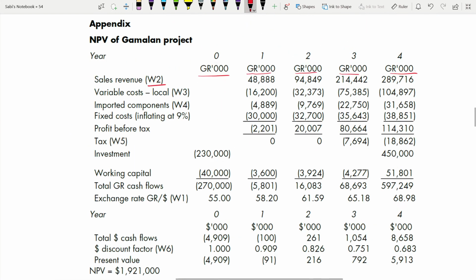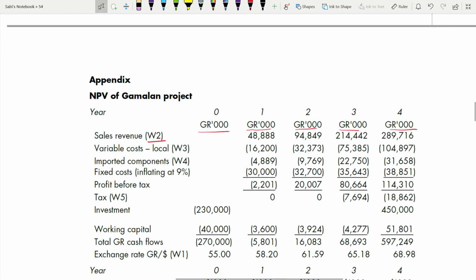If you see this table, they could have given working 4 for sales revenue and working 1. Maybe you must have found variable cost first or sales revenue first. But usually you should not do this because it will cause a lot of confusion. Follow that order. It's much easier because from the beginning, whatever you have done, you can just tick it off. You're starting your table with sales revenue, so you have to start working with sales revenue.